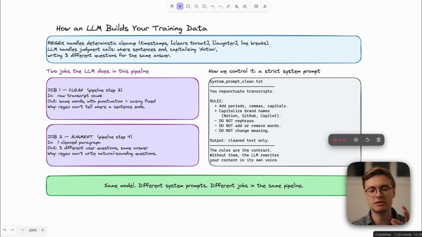Now, there's 2 jobs that my language model does in the fine-tuning pipeline. The first one is clean. You give it a raw transcript chunk and out comes a transcript with the exact same words, but with punctuation and just the casing fixed, because regular expressions cannot tell where a sentence really ends. And the second job is to augment the transcripts. Here, I give it 1 clean paragraph, and the output is 3 different user questions with that paragraph as an